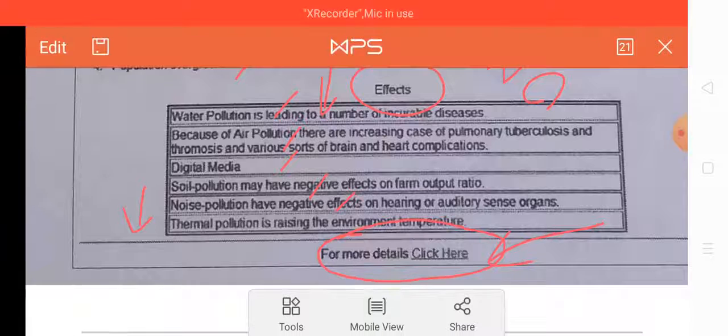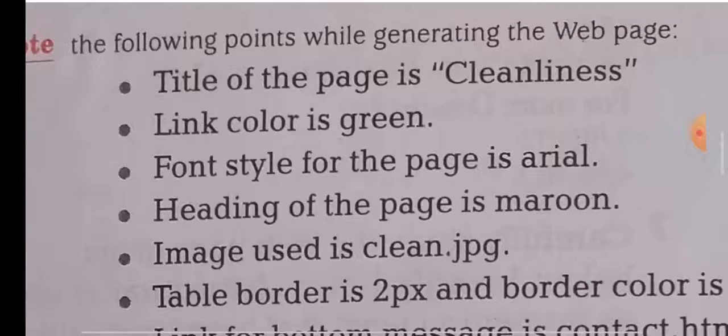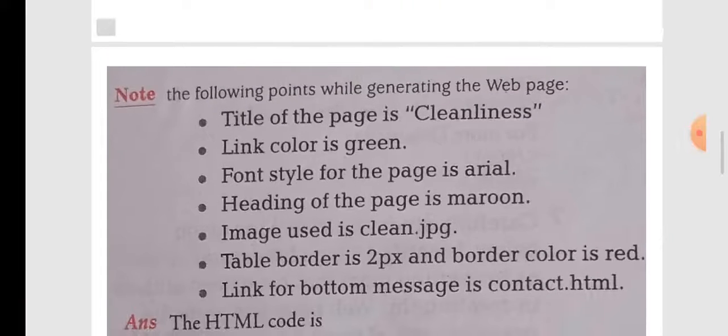So first of all, read the web page carefully, read the content of the web page very carefully, notice all the things that are given in that web page. After that, see the instructions, what different types of instructions there are. So if you miss anything, then that is covered by those instructions, and according to the instructions and the content of the web page, you have to make a web page.